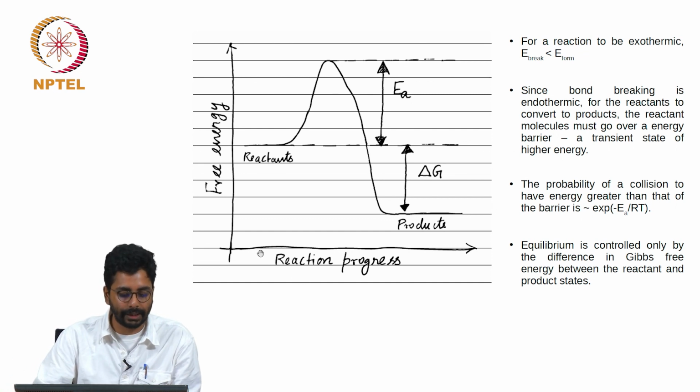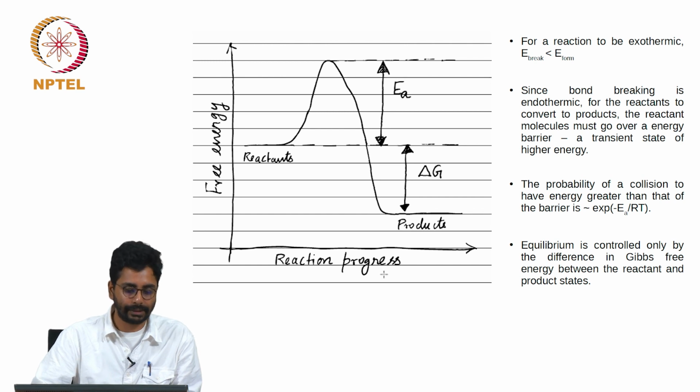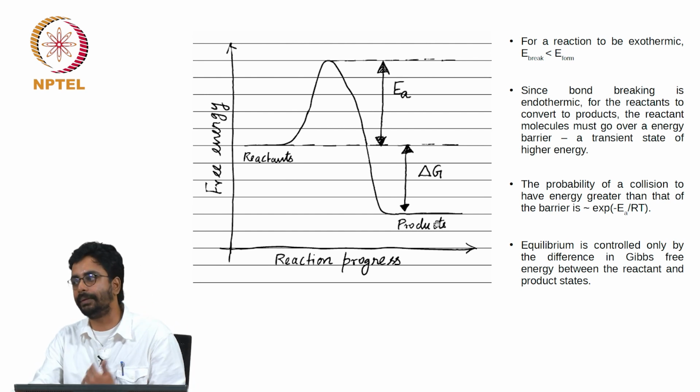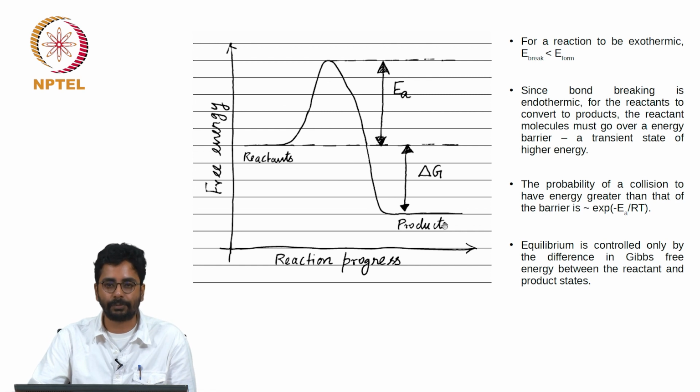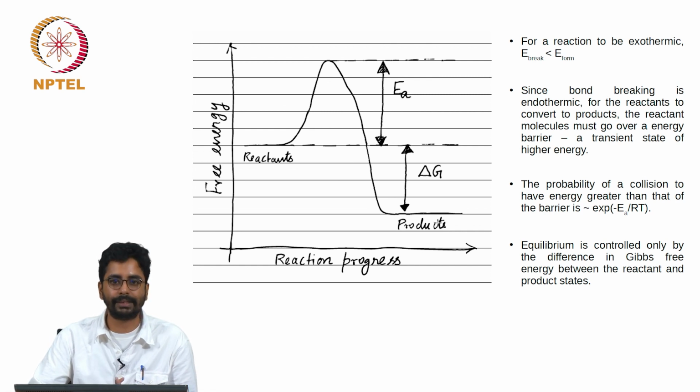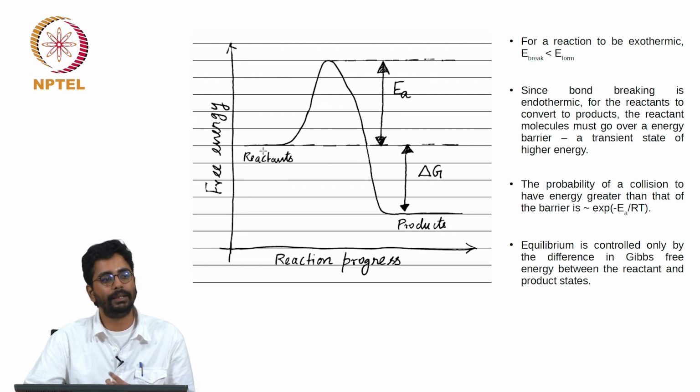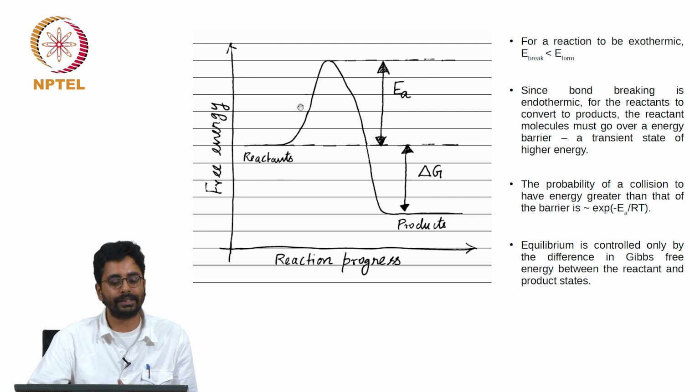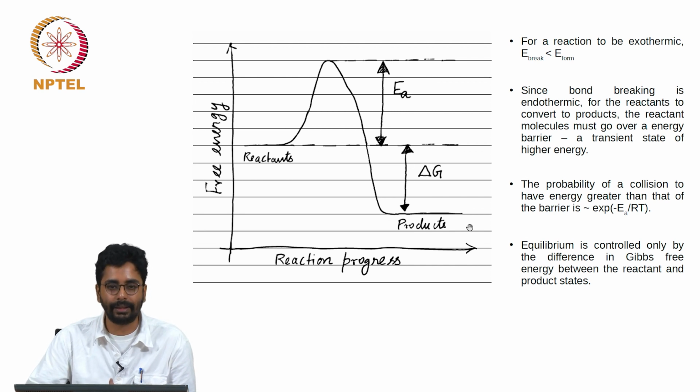What you see on the x-axis is the reaction progress. We start with reactants. The reactants are at a high free energy state and the products are at a low free energy state. So what thermodynamics tells us is that the reactants must spontaneously become products, and that is exactly what NASA CEA calculates. What is missed in the equilibrium calculation is that there is actually a high energy barrier that separates the reactants from the products, and for the actual process you should provide a kick or a push that will take the reactants over this hill and make them products.